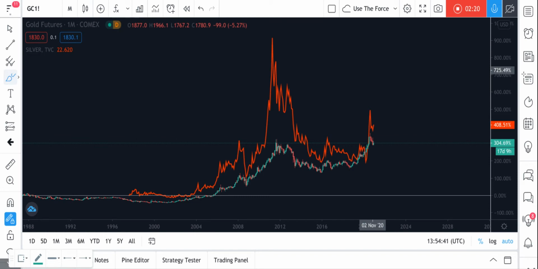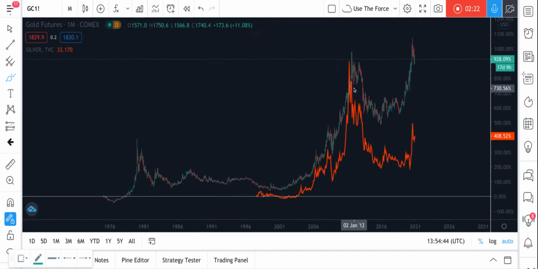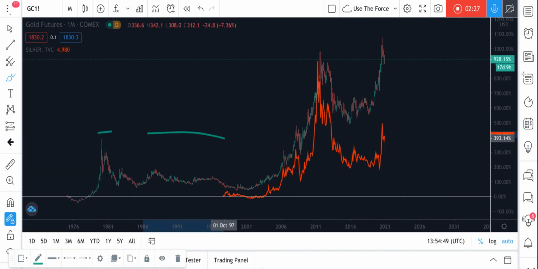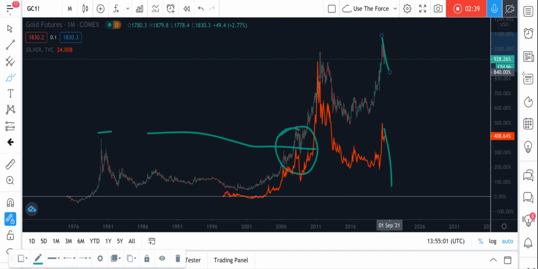So if we are, okay, if we are, this is the breaking of the old high. If we're around about here, then what I think gold and silver are going to do is silver's going to have this big old correction. Gold will probably correct a bit more, then they'll both run. So I know from Twitter the silver bulls are still very bullish, expecting the low is in for silver. I really don't think it is.